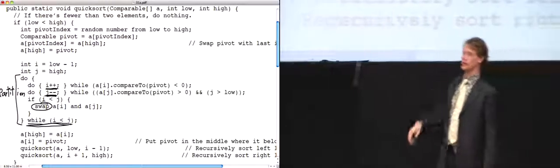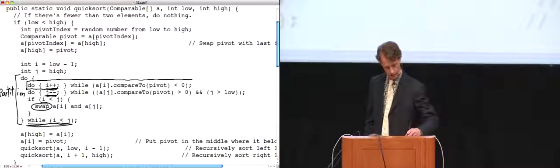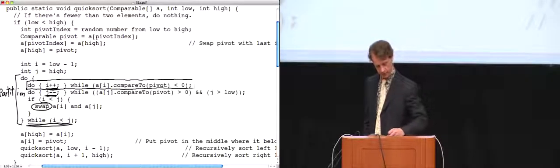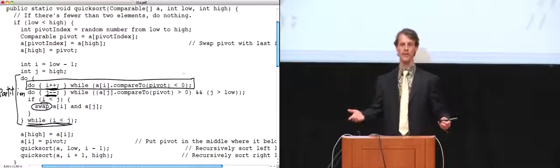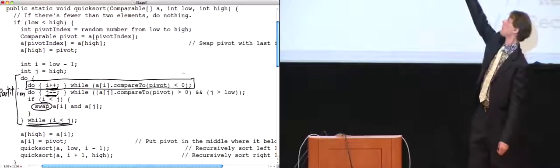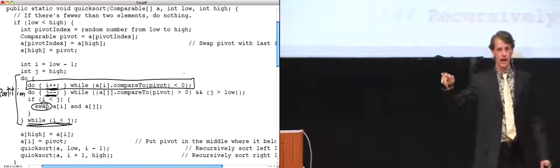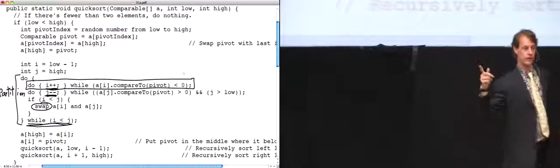And the really important thing to note about this is those inner loops are very, very small. So look at this do loop here. All it does is it advances the pointer I with the statement I++, and then it does one comparison. It compares that key to the pivot, and then it does that over and over and over again.